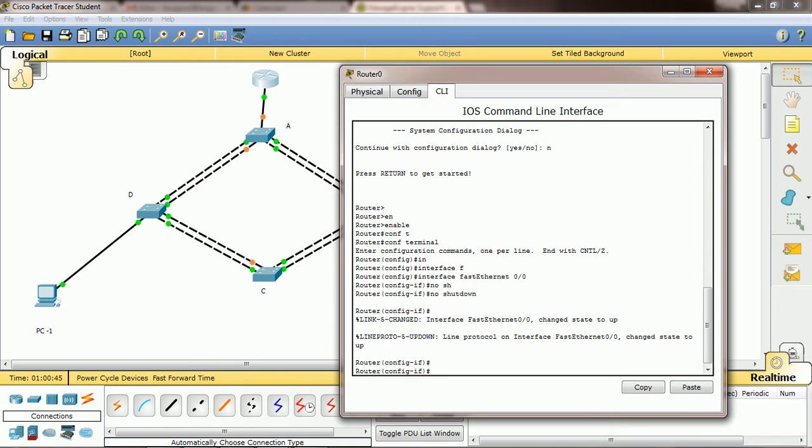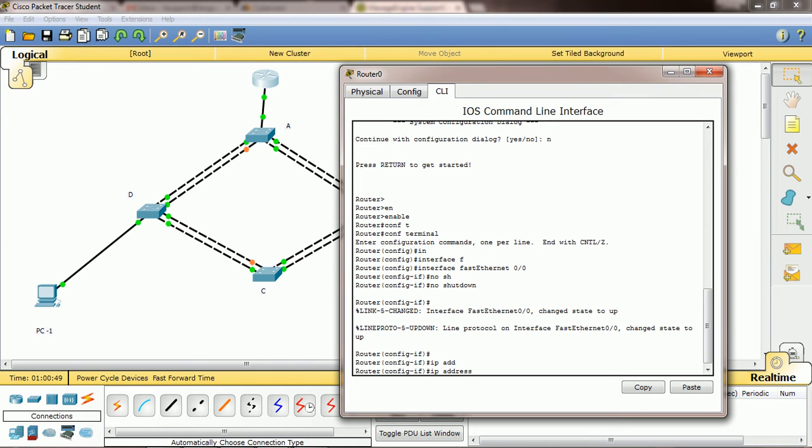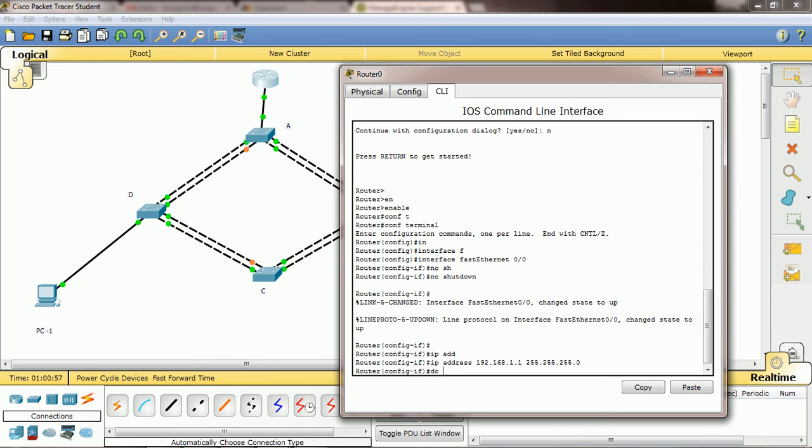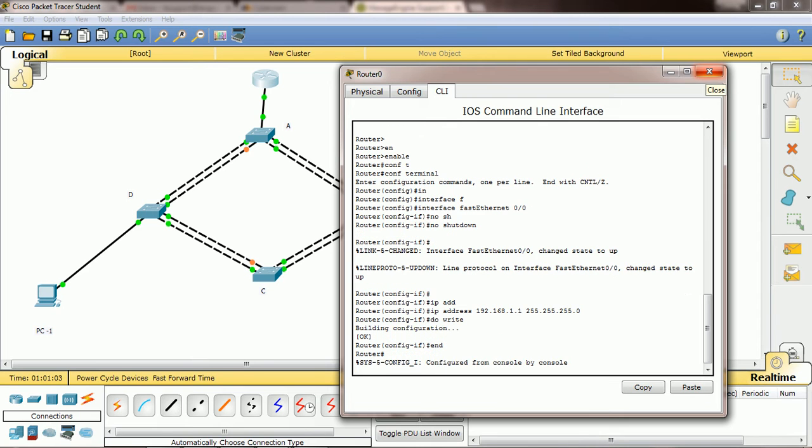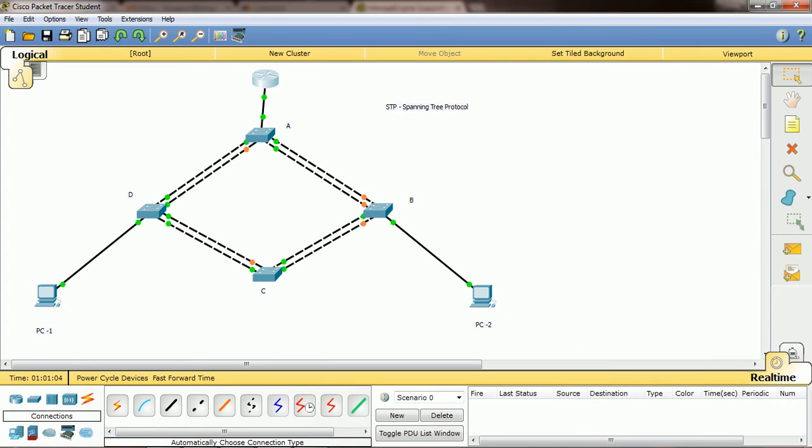I will give one default gateway IP address, 192.168.1.1, 255.255.255.0. Okay, then do write, which is nothing but the copy command. Then give end to come back to privilege mode, right?